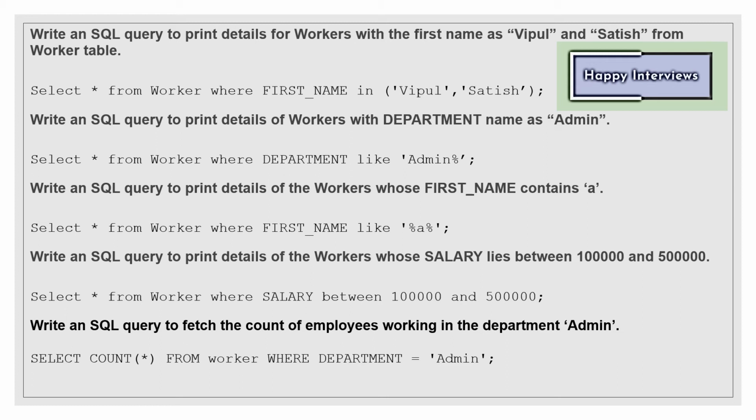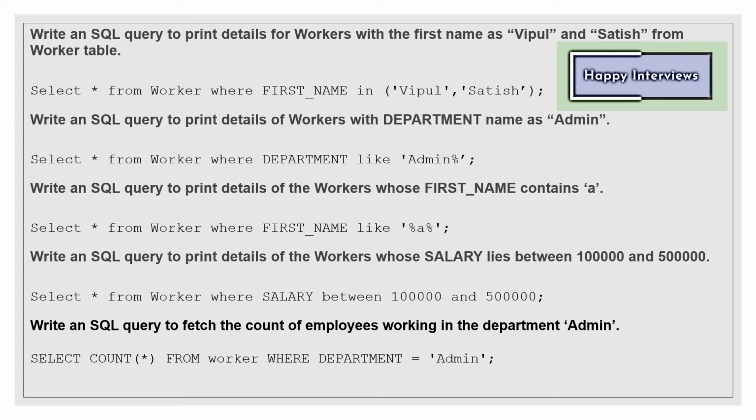Let's go for the next question. Write a SQL query to print details of workers whose first name contains a. First name is the column name. If it contains a, that means it can be anywhere in the string, so in the beginning also I will use percent. That means before a there can be any number of characters and after a there could be any number of characters.